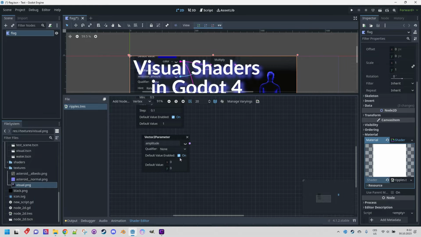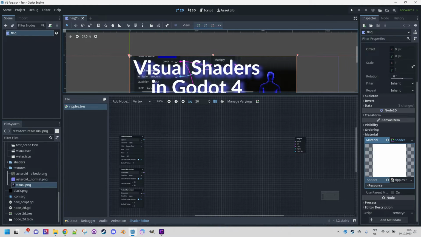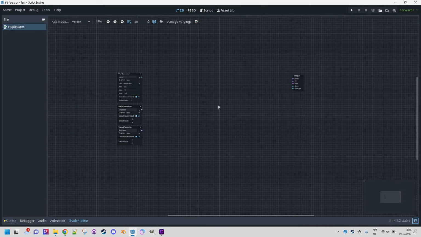And the default value would be 25 and 50. This is just a result of my previous experiments, so you can of course put different values and do your own experiments. And Ctrl D to duplicate, and this copy would be called frequency, and the default value I'll set to 5 and 5. Okay, let me just use this trick and expand that so we have a better overview of the